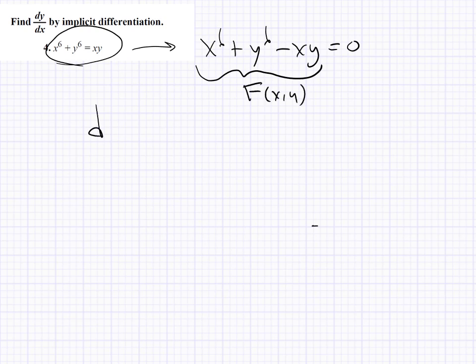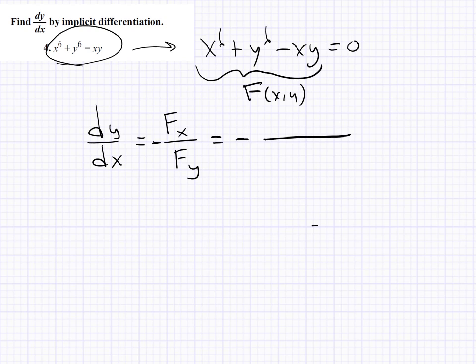And so if I want to find the derivative of y with respect to x for this implicit equation, which is going to be the slope of the tangent line, slope of the graph, whatever you want to call it, if I do this, I need to take the partial of f with respect to x over the partial of f with respect to y and multiply that whole thing by a negative. So negative